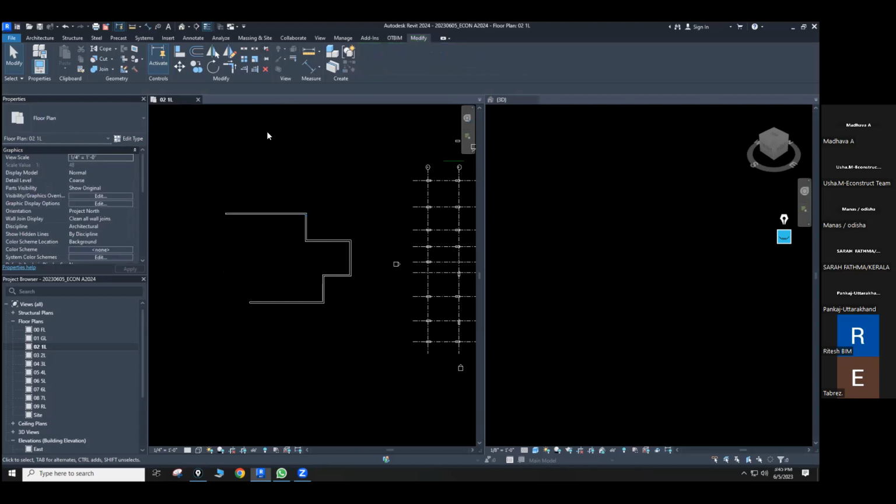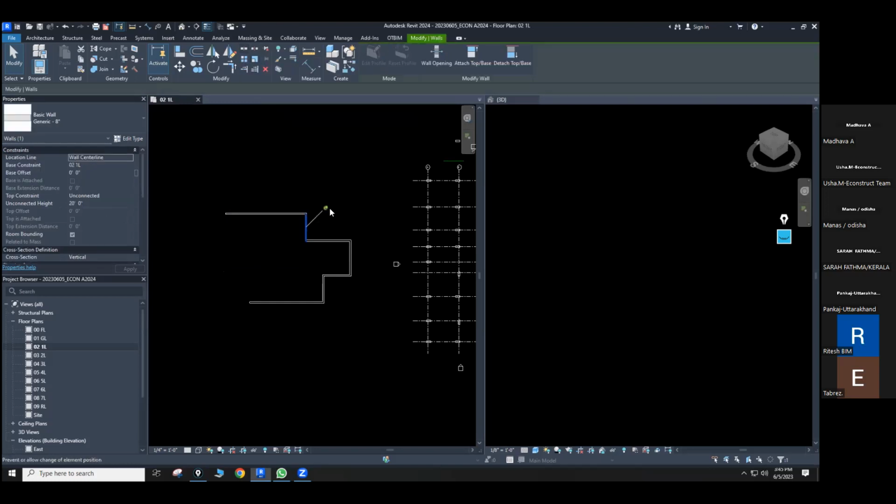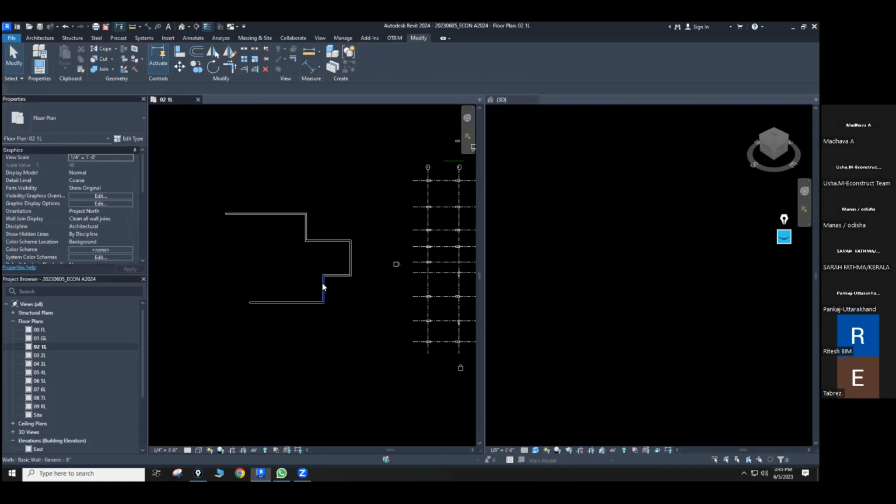So therefore, what we are going to do. I just select this one. So it's a pin mode, right? So this one I'm going to flush to head here. So therefore, what I can do, go to the modify tools. I'm going to align this one. This is selected, but when I try to click it, it cannot move because it's under the constraint element. It's a locked element,